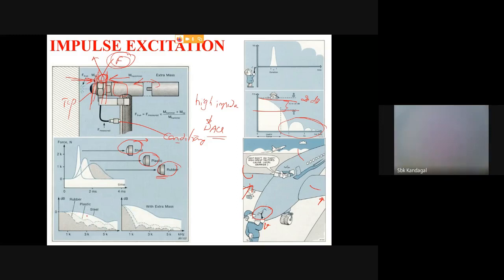Whenever you want to use it, in this graph you can stop at some place. For example, if it is steel, you stop here. If it is plastic, you stop here. If it is rubber, stop somewhere here. All of them you can stop at the same dB level. Somewhere here you can stop it. So don't go beyond this frequency range, for example in the case of rubber, plastic, and steel. Beyond this, you won't have sufficient energy to excite those modes of vibration. So this is the important thing one can note down.